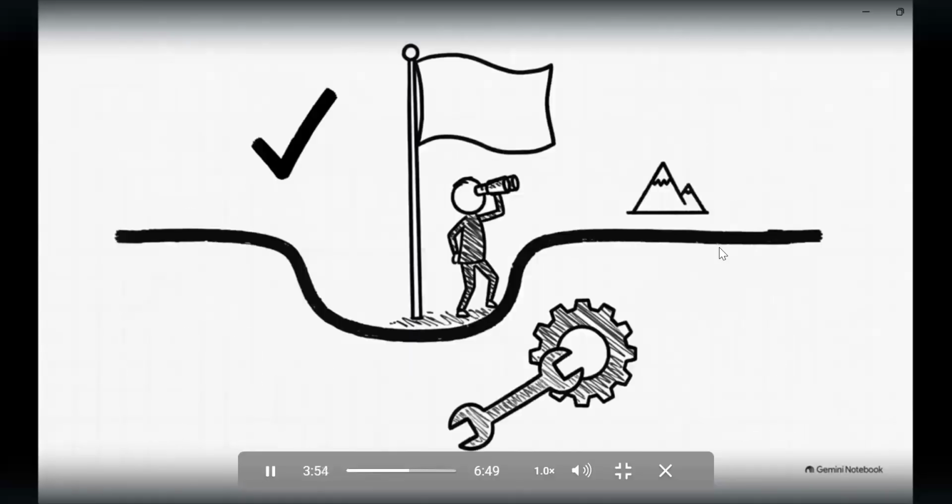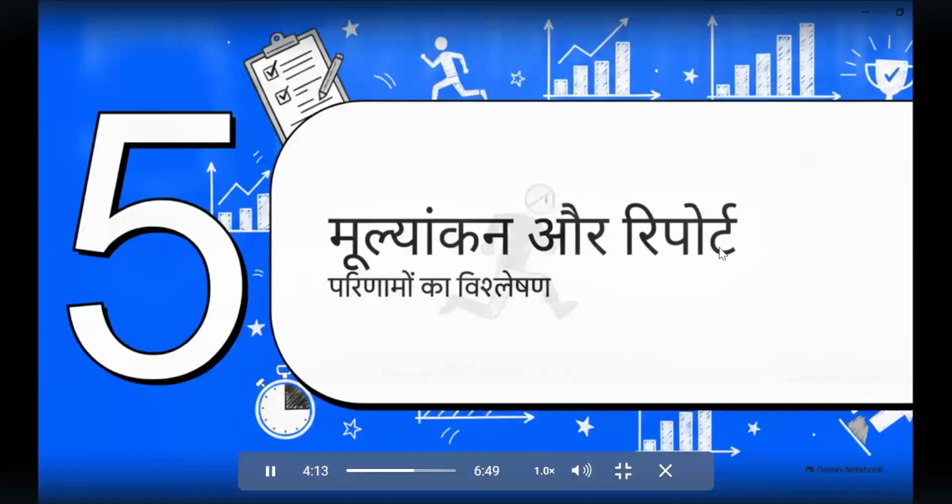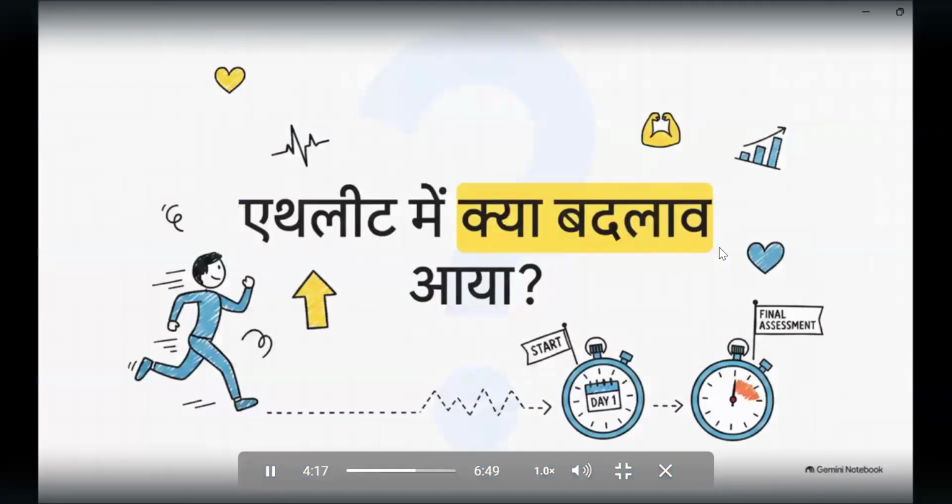जब आप 7वें दिन के आसपास पहुंचेंगे तो एक बहुत ही जरूरी चेक पॉइंट आएगा, मिड प्रोजेक्ट रिव्यू। यहां आपको रुककर देखना है कि क्या सही चल रहा है, कहाँ दिक्कतें आ रही हैं, और अगर प्लान में कुछ बदलाव करने की जरूरत है तो उसे तुरंत लागू करके अपने रिकॉर्ड में शामिल करना है। 15 दिन की ट्रेनिंग के बाद 5वां चरण आता है, मूल्यांकन और रिपोर्टिंग। यहां आकर हमारा सारा फोकस डेटा और रिजल्ट्स पर आ जाता है।